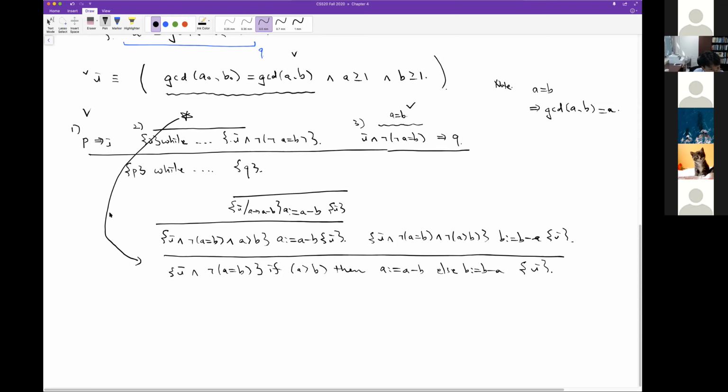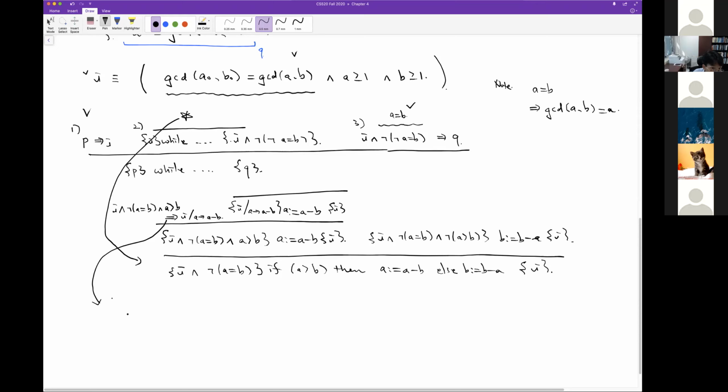And then we have to show I and the negation of B and greater than B implies I where A becomes A minus B. But if you actually apply the substitution, proving or checking this implication boils down